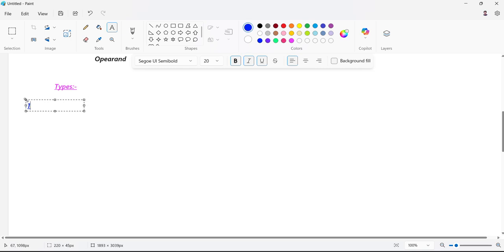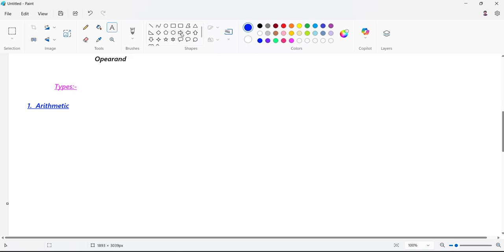Number one, arithmetic operator in Oracle SQL. How to know that this is an arithmetic operator? The symbols for arithmetic operator are